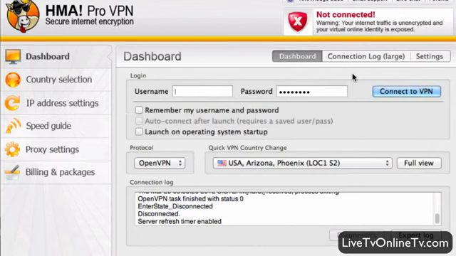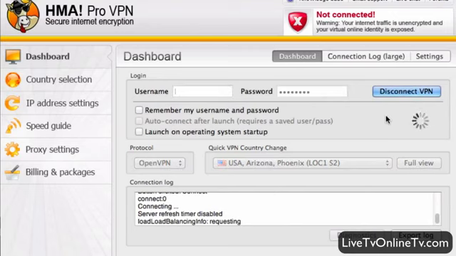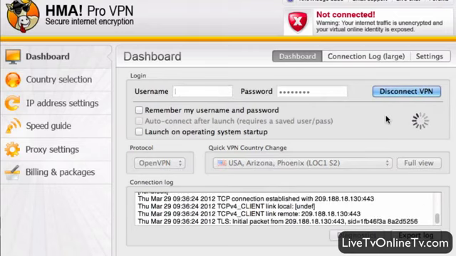Okay, I'm back again. It should all work now. You just have to install this little extra program and let's try it again. We have the US server here and we're going to try to connect to VPN. This is going to take a little while, 10 seconds, 20 seconds, and then you're connected.